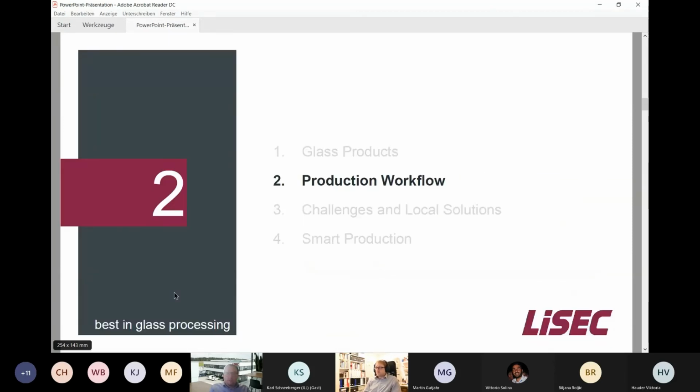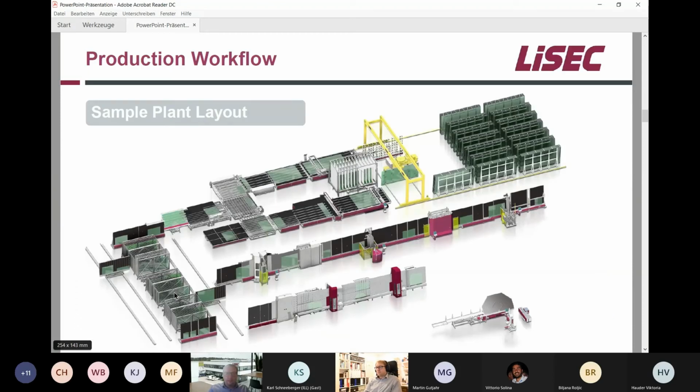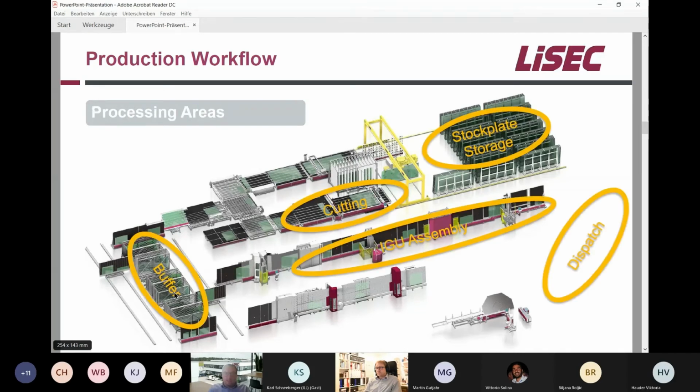Short introduction to the production workflow, just to understand a little bit the processes. I've put here a sample plant layout of a still rather simple production, trying to explain the most important processing areas. So like I said, we have stock plates coming from the glass suppliers. Those get stored in a stock where we then put forward these stock plates onto the cutting section. The cutting section then breaks down more or less the smaller pieces, and when we end up with the order